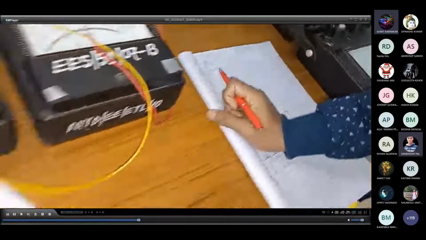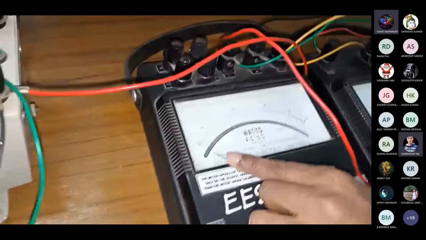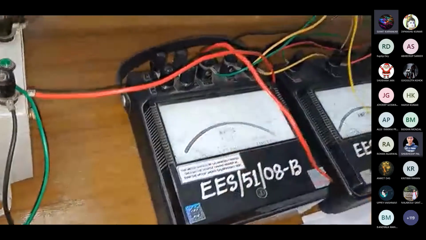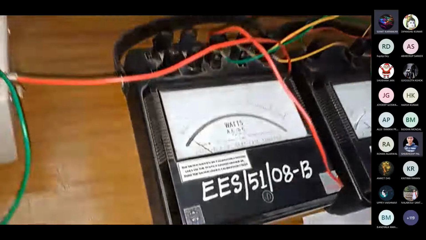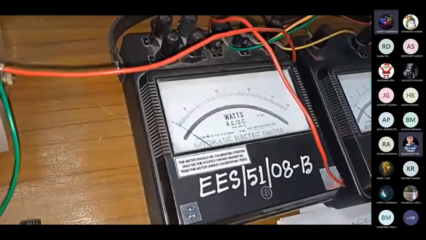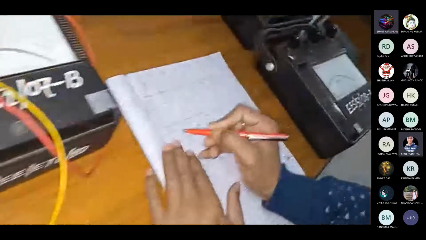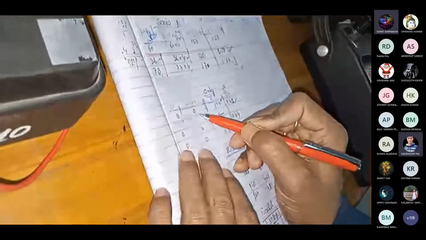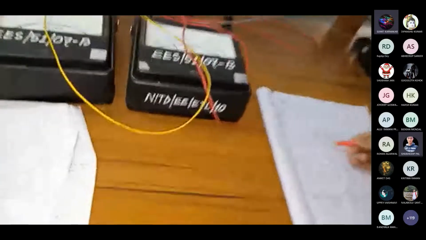Now let us see what is the power consumption. See, power consumption is showing 0. Why is it showing 0? As I have explained, it is a pure capacitor. There is no resistor, right? So that's why the I square R is 0, it is showing 0 power. So we are noting the wattage. This wattage into the multiplication factor, again it will be 0. So this reading is over. All right. Similarly, we'll have to increase the voltage.